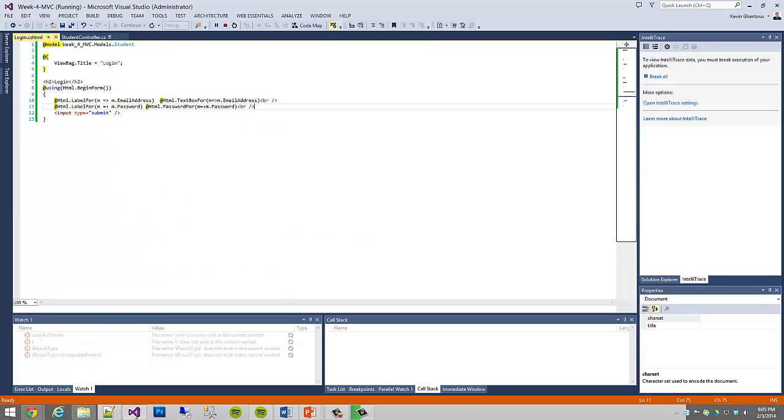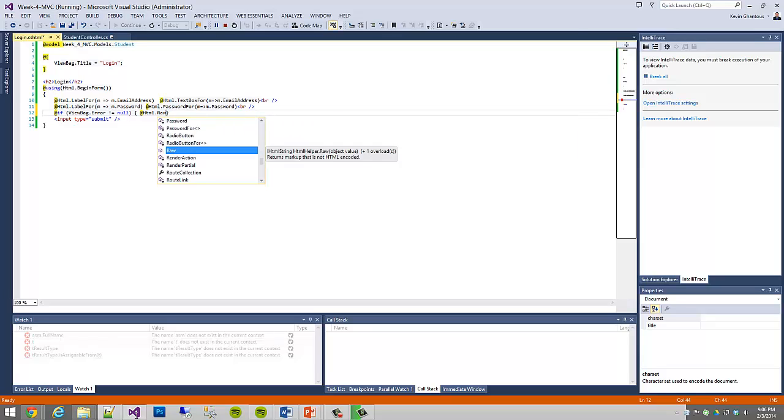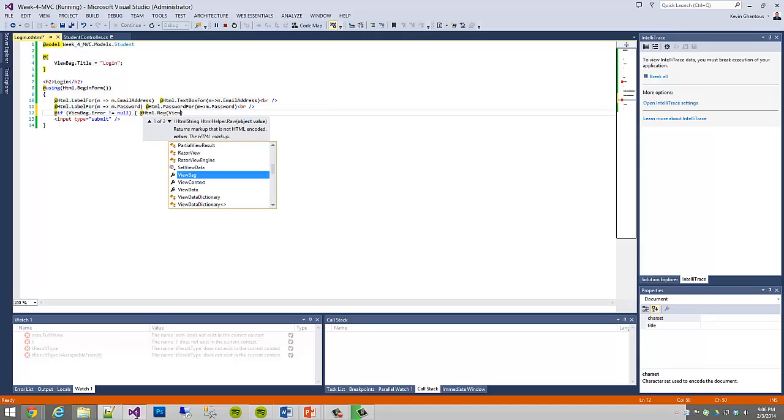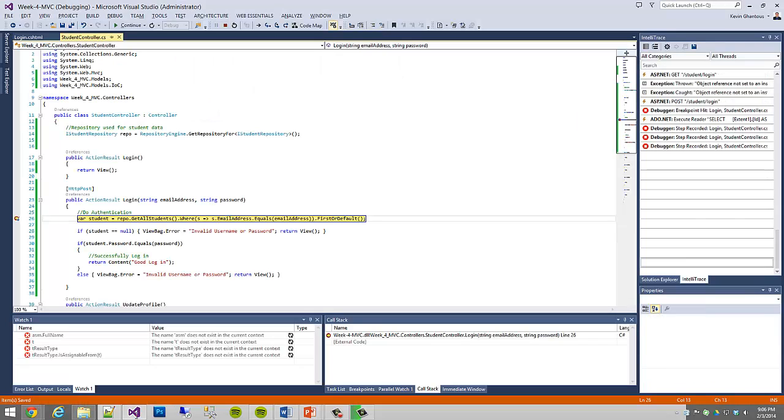We'll jump back into our view. You can put a logic statement and say if viewbag.error does not equal null, and we say raw, and then we can just have that simply be equal to viewbag.error. So if we refresh again, and we'll say continue,